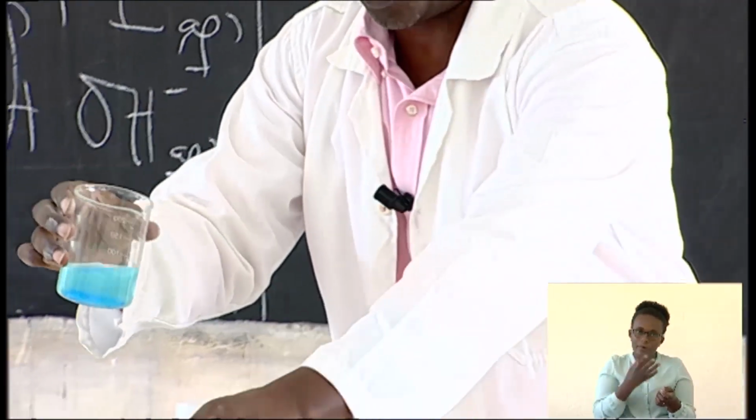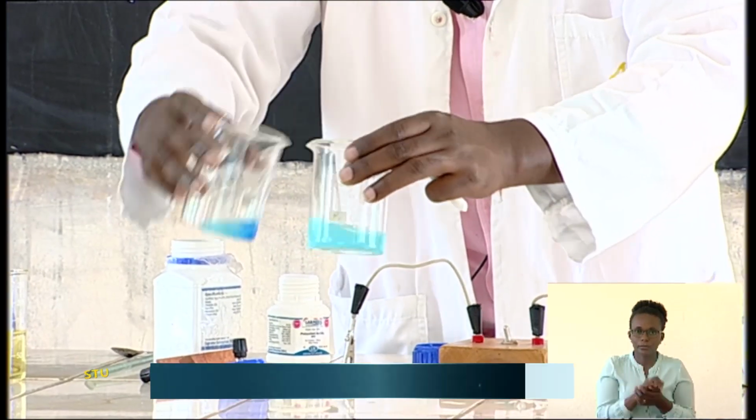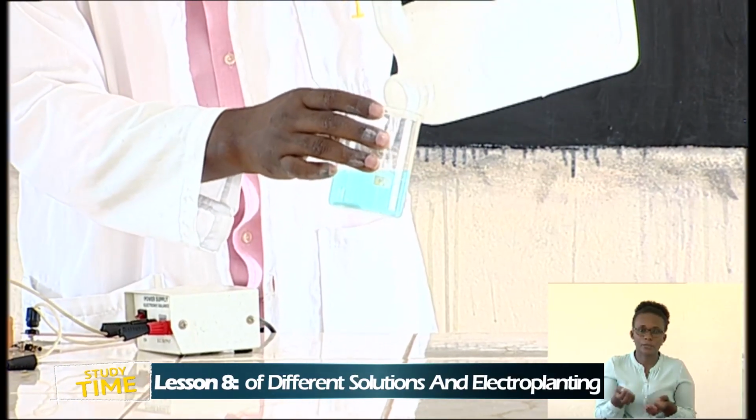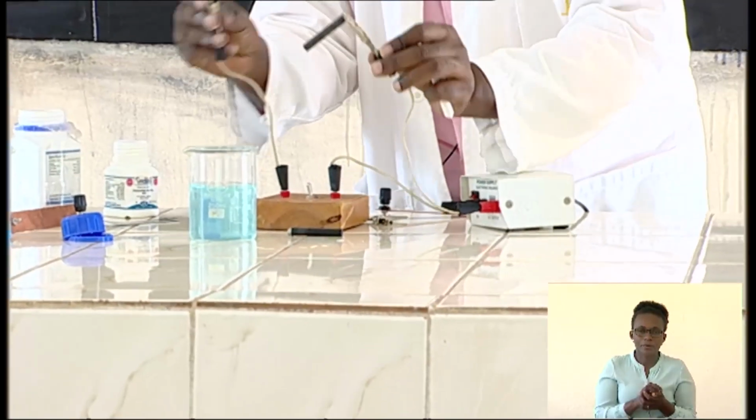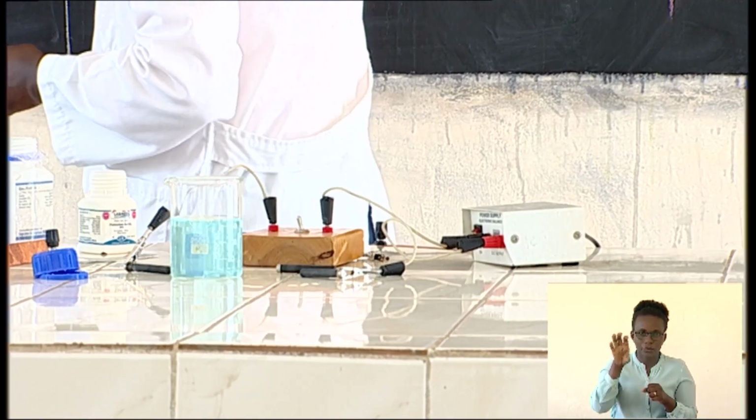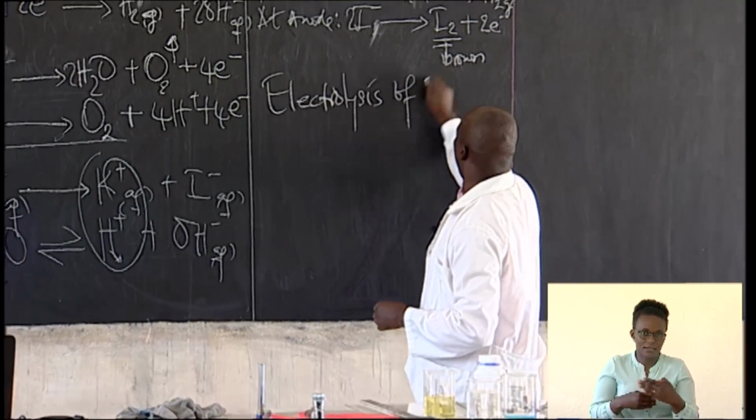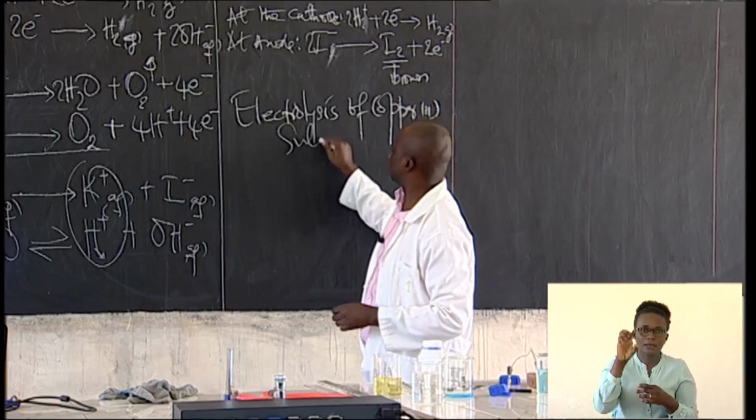I don't need all this. I can just separate it like this, make it more dilute, like that. We are using the same electrodes. So what we are doing now is the electrolysis of copper 2 sulfate,